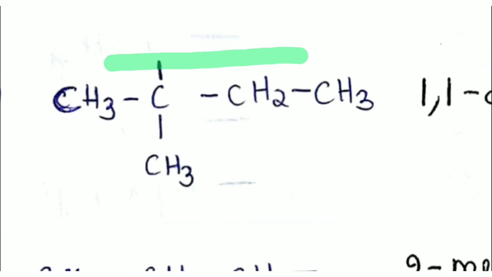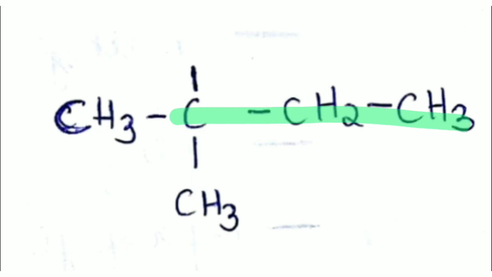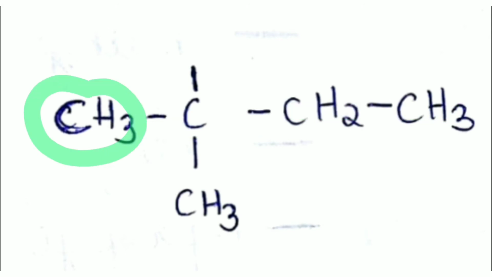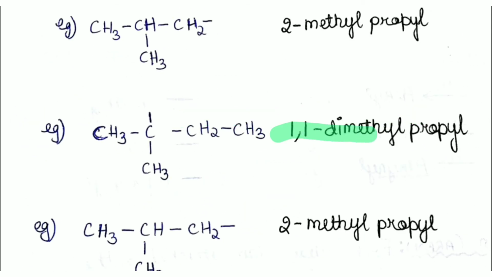Then we come to this. In this example, we can see that this is our free valent carbon. So our principal chain inside the side chain has to start from the free valent carbon. So either it can be this as the principal carbon chain, or this, or this. But we know that the principal carbon chain is always the longest out of all. So the principal carbon chain of the side chain will obviously be this and not this or this. So how will we name this side chain, guys? Yes, you're right. It will be 1,1-dimethyl propyl. Exactly. That's what the name is, 1,1-dimethyl propyl. That's how we're naming the side chain here.